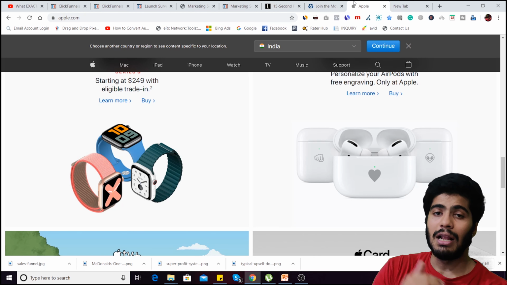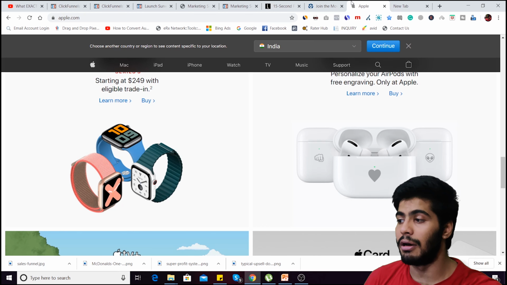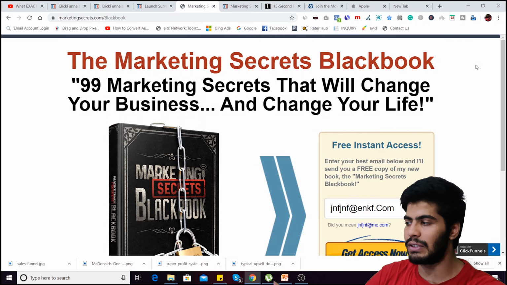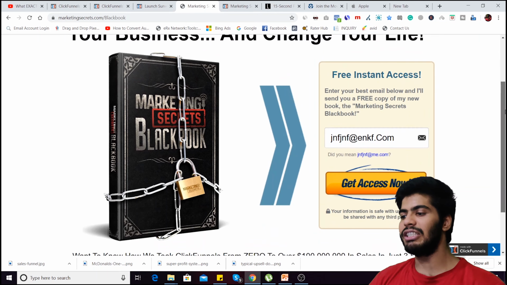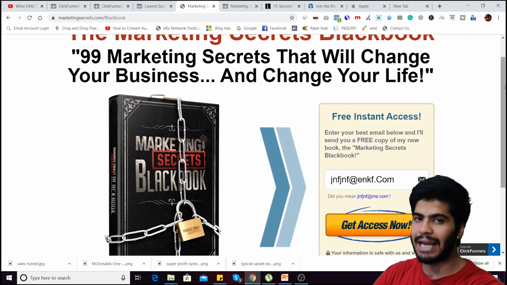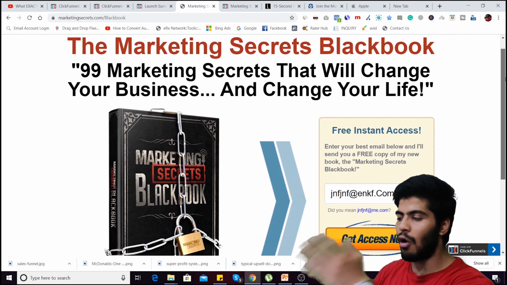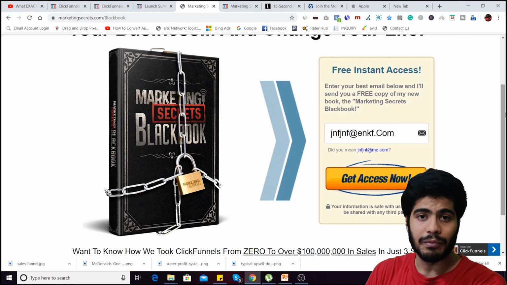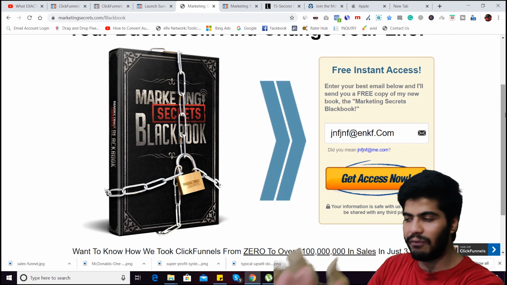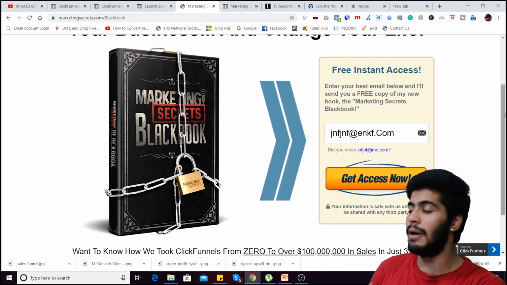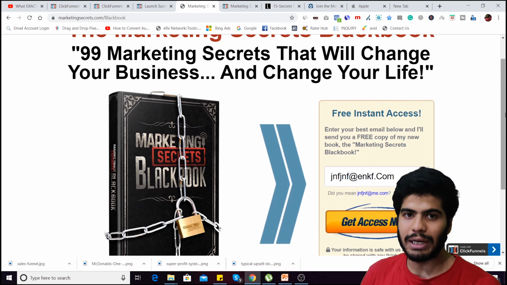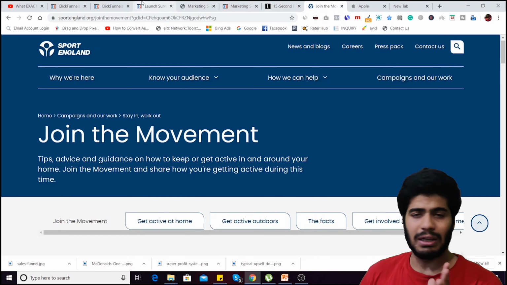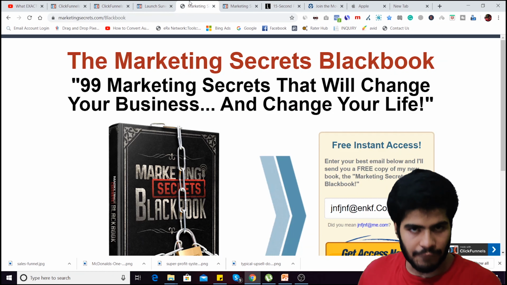While in a sales funnel we use psychology, human psychology, right? We don't give them a lot of options. Let me show you. This is one of the pages of a sales funnel. Here we can see there is only a single option at a time. They are giving something for free. All we need to do is give them our email address and get this thing. There is no other option. So someone who is totally confused, who doesn't know what to do, goes to this page, he is not going to get confused, right? And this is how sales funnels work.